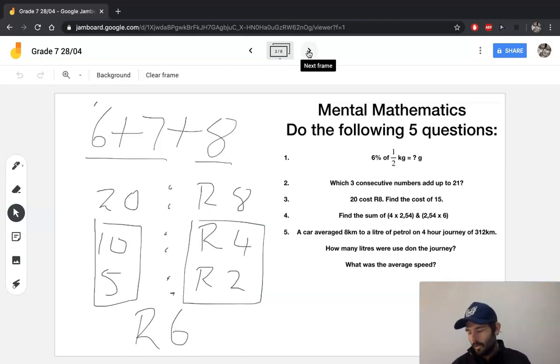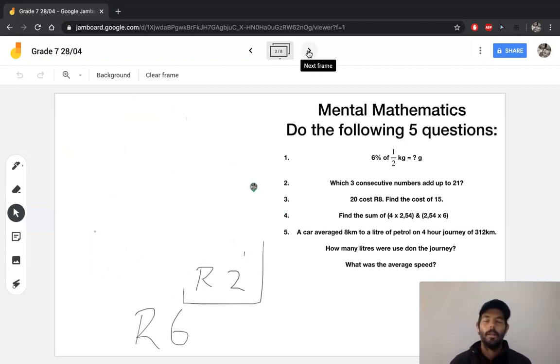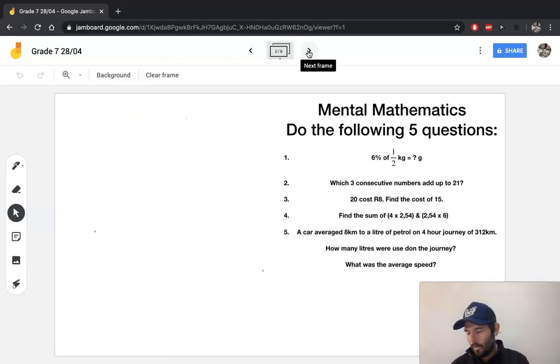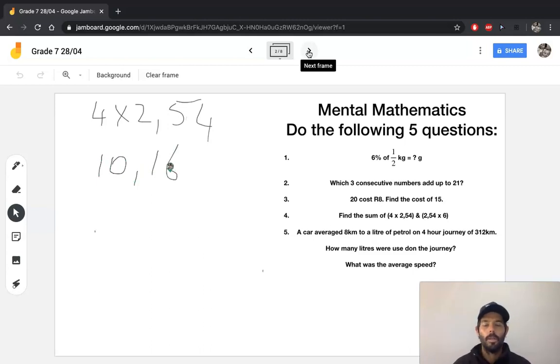Okay. Question 4, you could have worked out the individual questions, and then added them together, which is what we'll do, and then I'll show you, perhaps some of you recognized something else. So 4 multiplied by 2,54. I would have said 4 multiplied by 2 is 8, 0,5 multiplied by 4 is 2, and then the 4 hundredths multiplied by 4 is 0,16. Then I would have put them all back together, okay, and that would have given me 10,16,